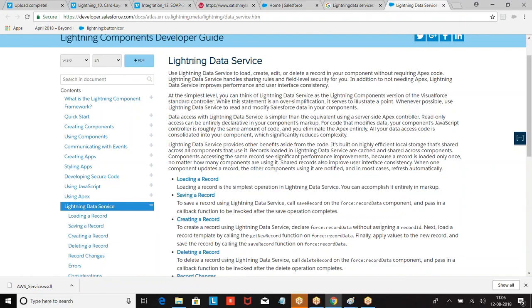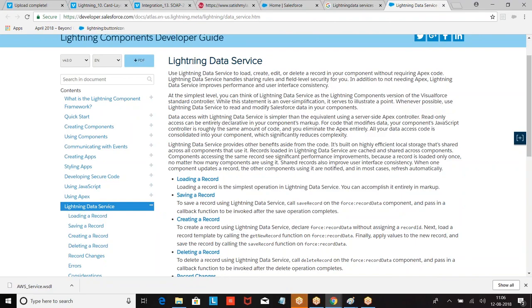Now, any Visual Force page will be running in the form of what? User context. What do you mean by user context? The user's profile, user's OWD, user's sharing rules, user's field level security, everything is taken into account based on which it is going to run. Similarly, Lightning Data Service also will obey user context. So your profiles, your sharing rules, field level security are taken into consideration while running the operation.